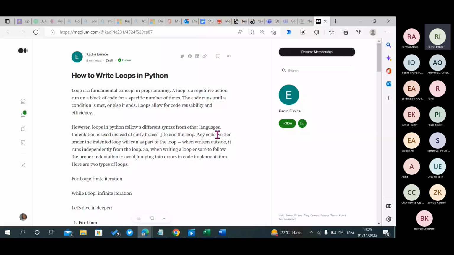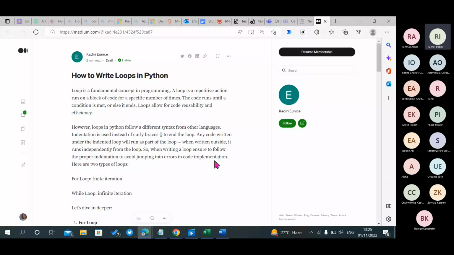Okay, apart from using it to end a loop, what does indentation mean? I would love to see what indentation means in Python. Also, any code written under the indented loop will run as part of the loop. When written outside, it runs independently from the loop. So when writing a loop, ensure you follow the proper indentation to avoid errors in code implementation.